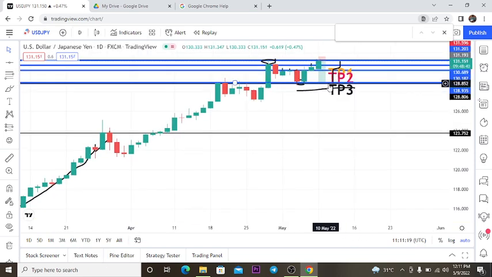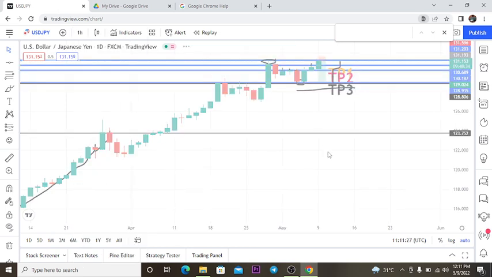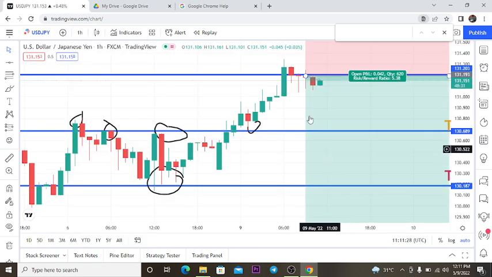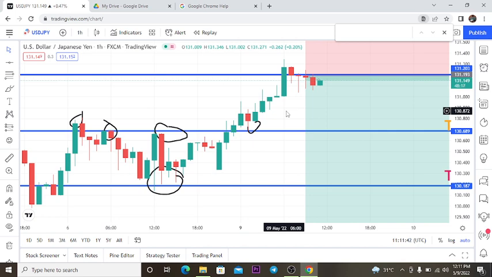But if you look at our 1 hour time frame, you see we are having a signal that the price is going to drop, even though on a daily time frame the summary is an uptrend. Even if the price is currently trending up, we can still pick some pips down on a pullback. But the main reason why I enter this trade, because I don't like trading pullbacks, is that I'm expecting a reversal here.